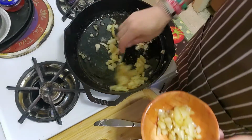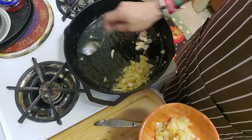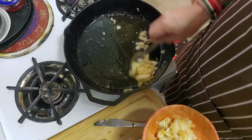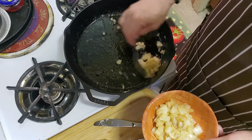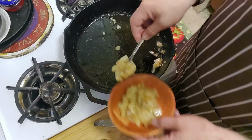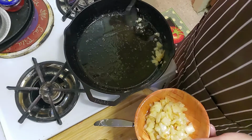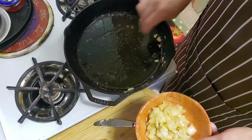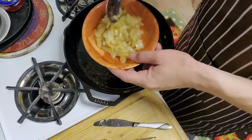going to start cooking my patties, my burger. I keep calling them a burger. Well, they are a burger. They're a patty, a beef patty. Okay. So there goes the onions. They're nice and sweet. I put sugar in, make them caramelized, and I'm going to take my onions, put them to the side. You can warm them up if you think they're cold, but you're going to put them in the